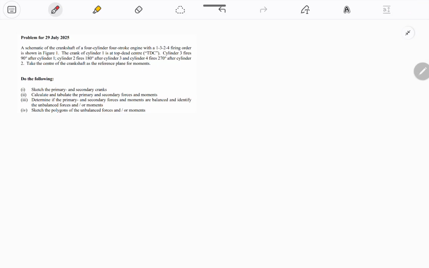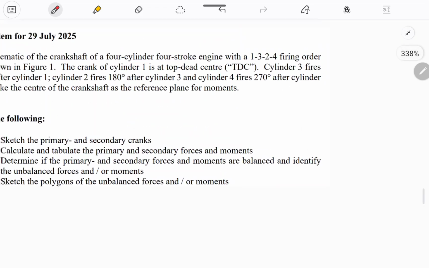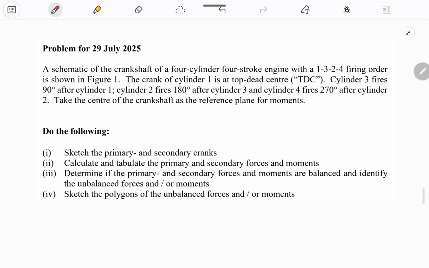Okay, let's try to solve the third problem. I think it's theory of machines. Okay, first let's try to read our statement. So we have a